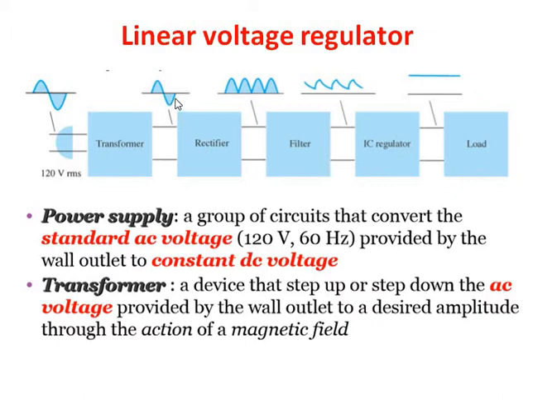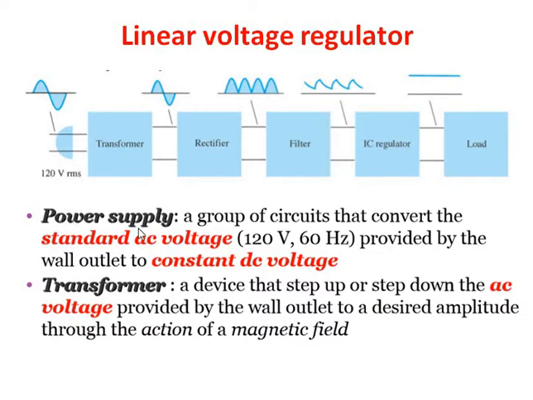So here we get the low output AC voltage, and at the output of the rectifier we get the rippled DC voltage. The filter converts the ripple voltage to unregulated DC voltage. Then the regulator regulates this unregulated DC voltage to the regulated DC voltage. So here we get the regulated DC voltage at the desired voltage level, and finally it is fed to the load.